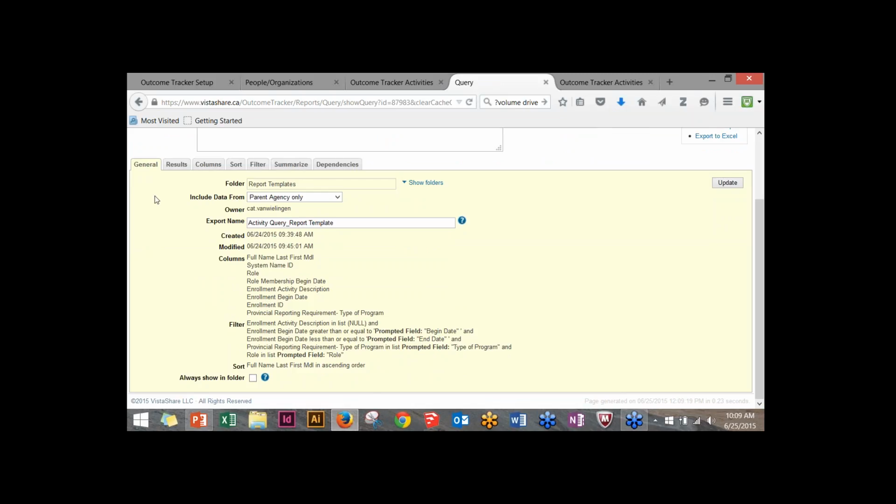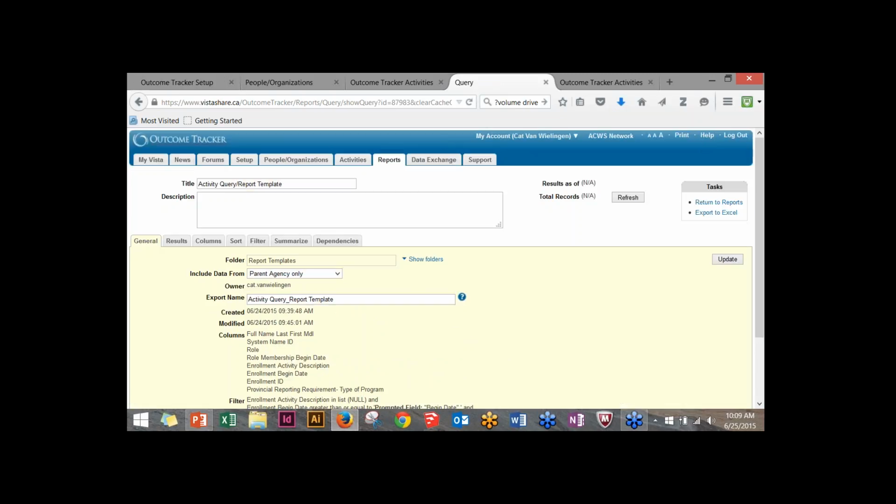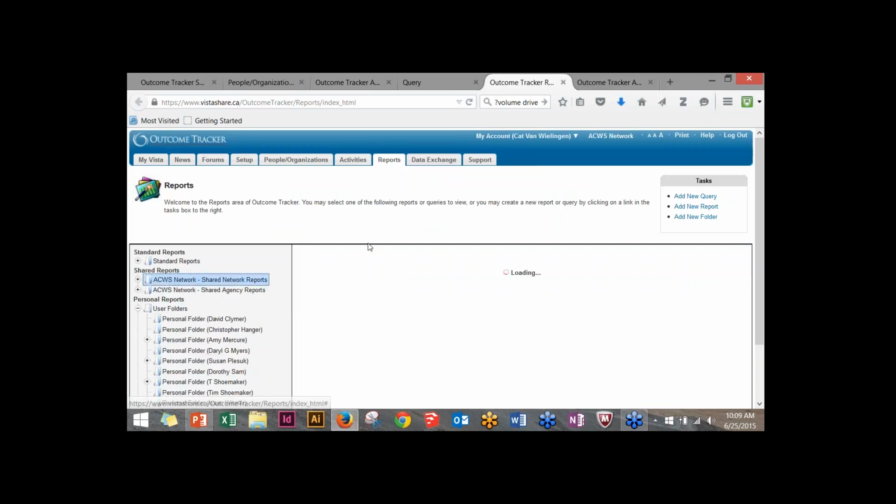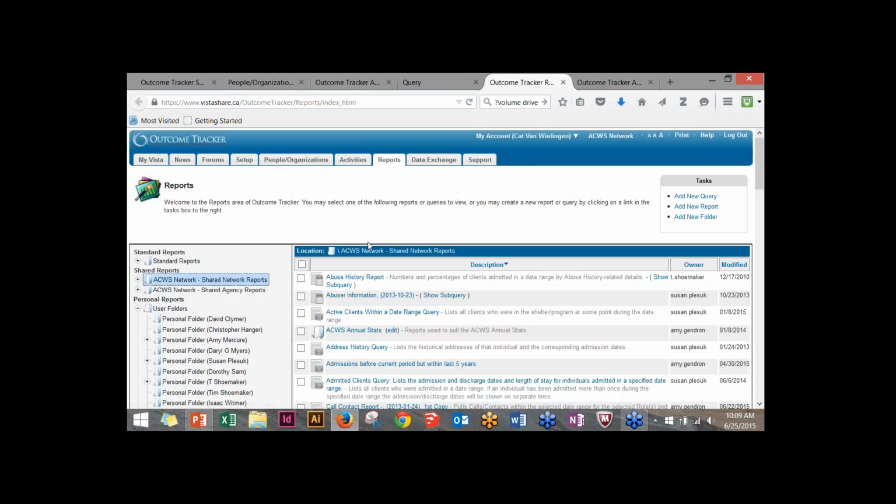So I guess to lead into this, if you are copying and modifying reports, it's important to understand first and foremost when selecting your report to copy or modify. So we will use this one as a template, but you may want to work from an existing report in the folder. But you want to be very clear about what group you are trying to pull information